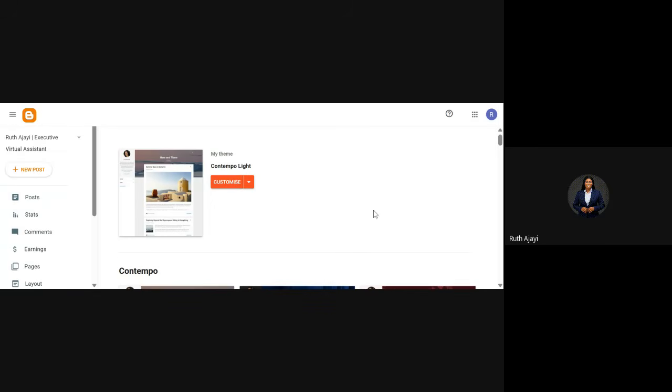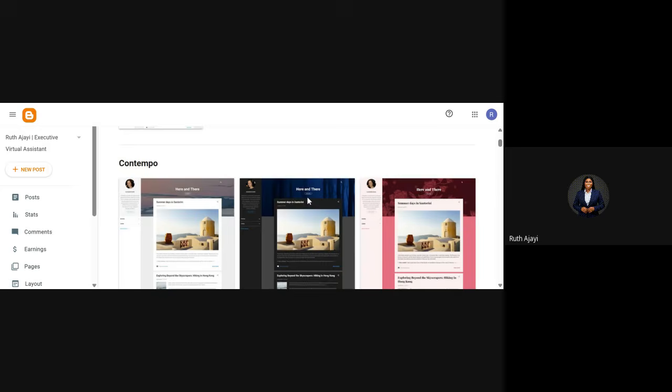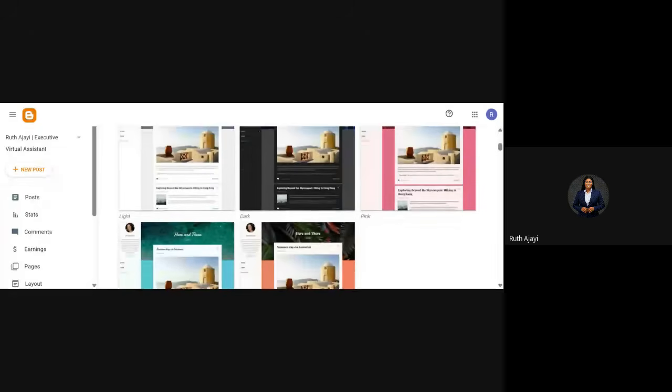Now you can see we have different themes here. By default, this is the one you are seeing when we open our view blog. So this is by default. But we also have other ones here. You can see we have different themes that you can apply,